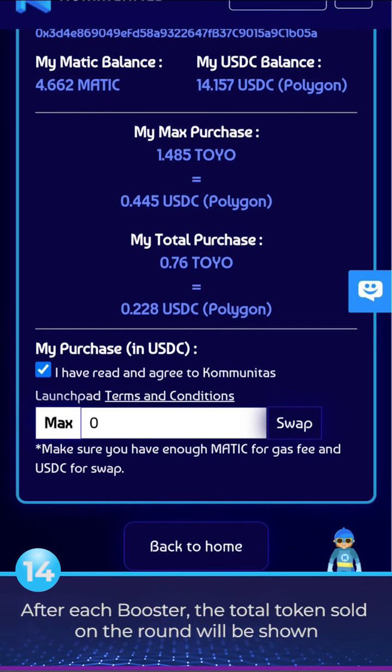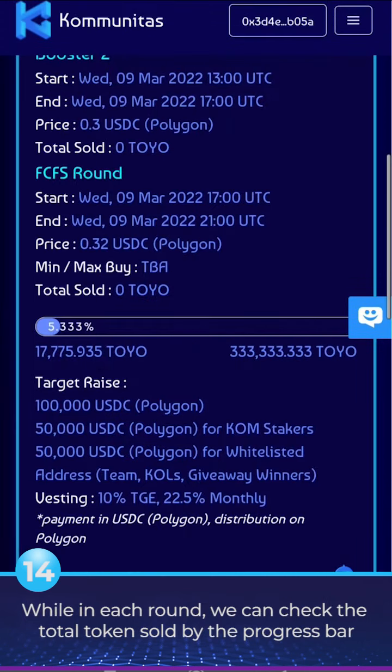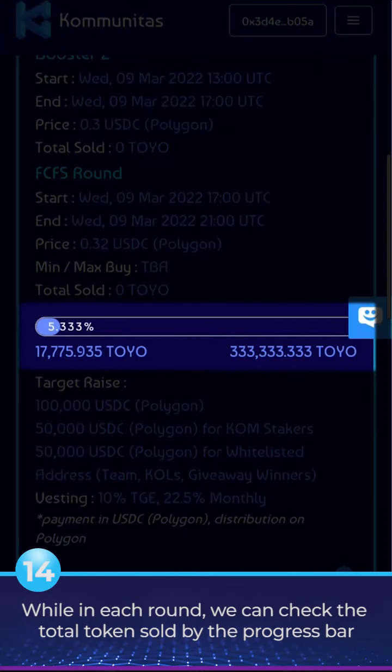14. After each booster, the total tokens sold on the round will be shown. While in each round, we can check the total tokens sold by the progress bar,